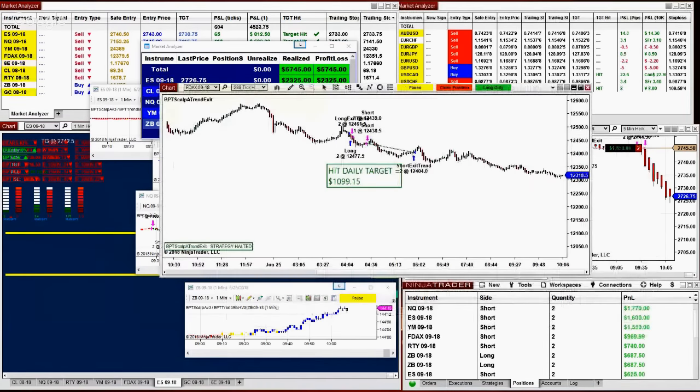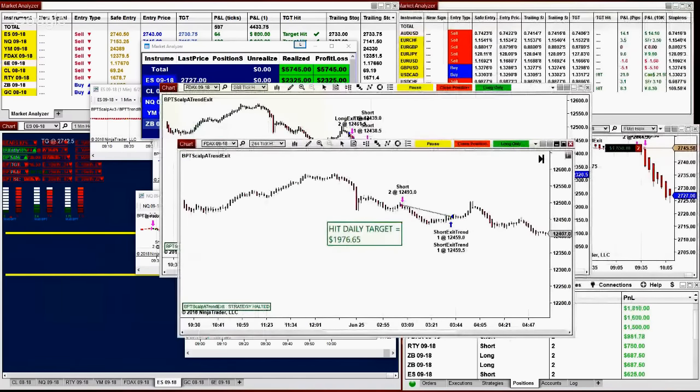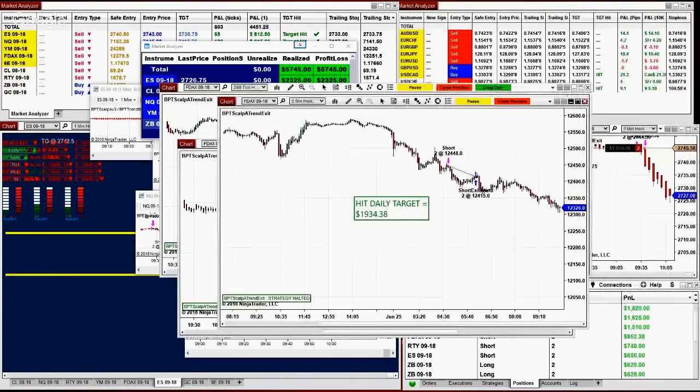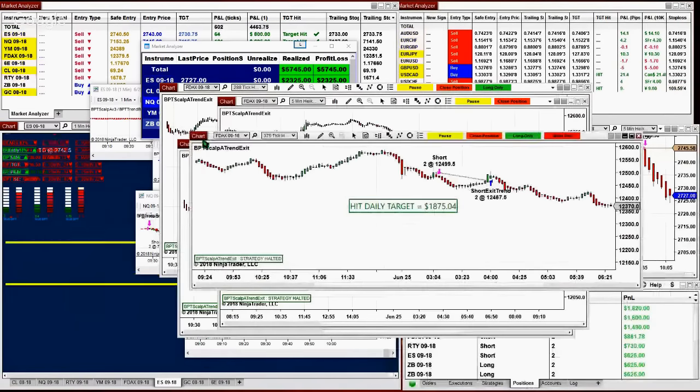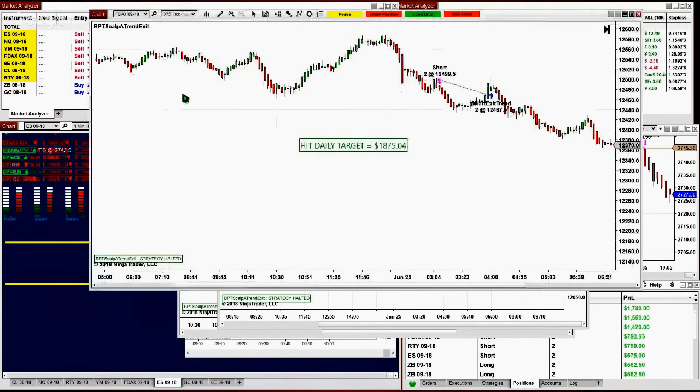All those auto trades here, you see 1,900, 1,979, 1,934, 1,875. They're all of them between $500 and $1,000 daily target. So how does the system work? If you have a $500 target, or $1,000 target, or a $300 target, you're still gonna have the same number,